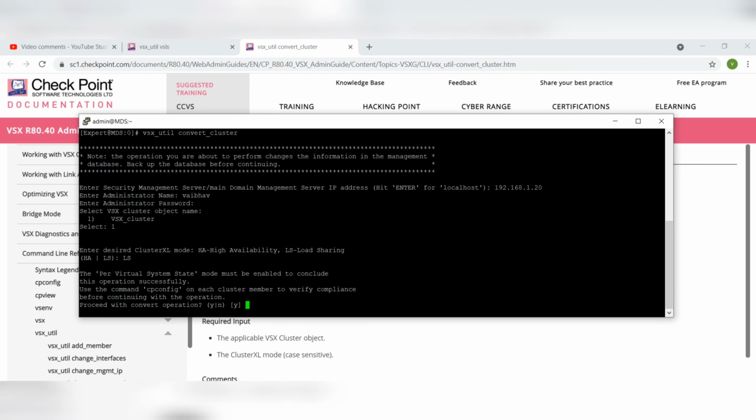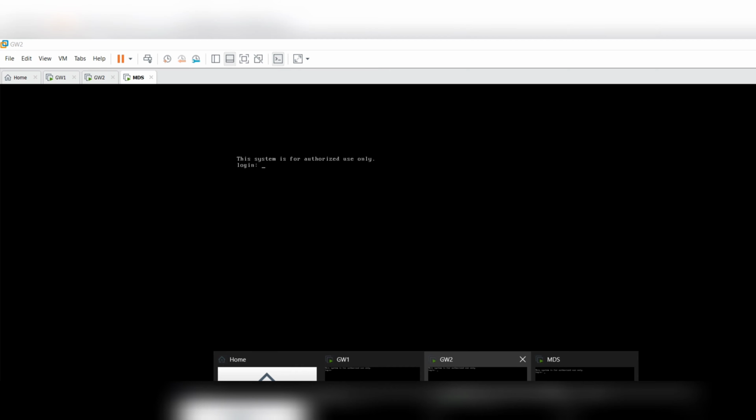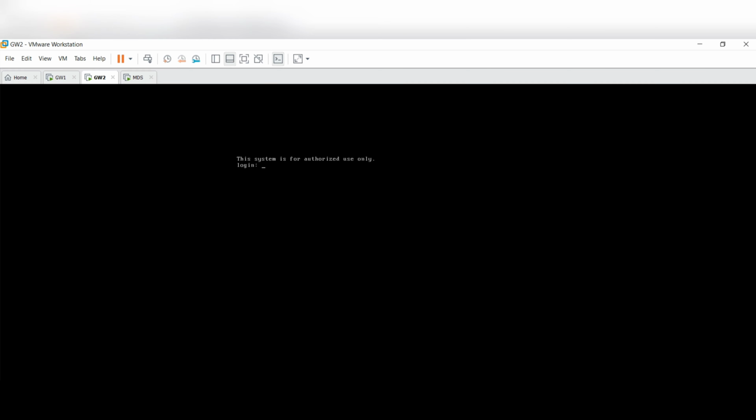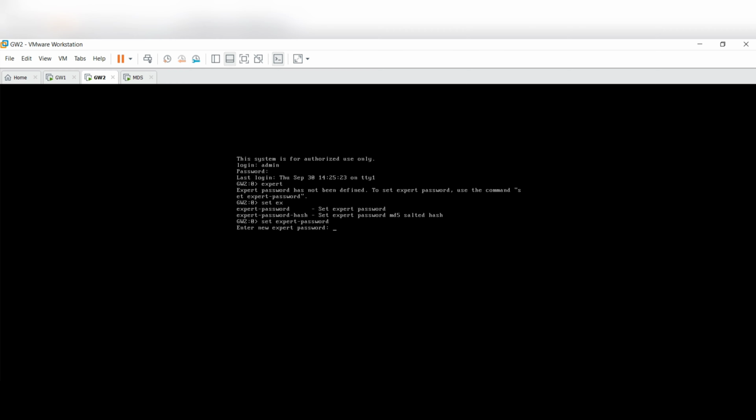So let's better go to your gateway and use this option. Admin, give your password. Oops, the expert mode password is not set here. Set expert password. Give the new password.